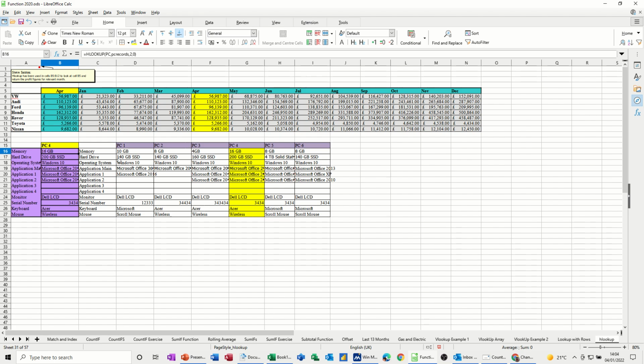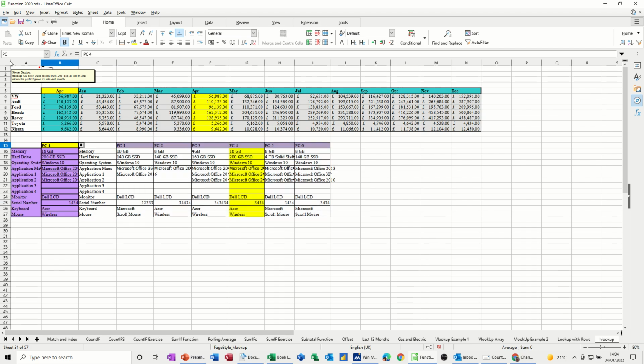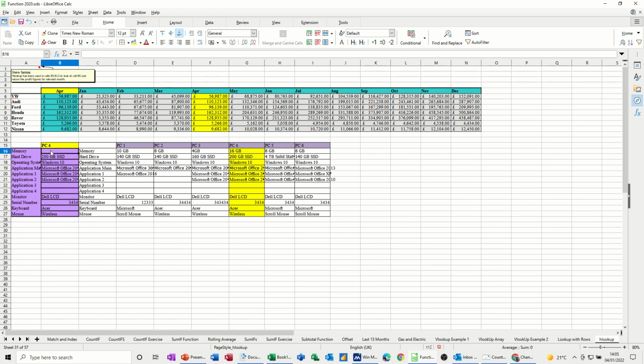So in this example, we have PC records. Let's just see where that is. I think it's just this bit. Yeah, so it's just this bit is PC records. This yellow cell is called PC. Now if I just delete, in fact I won't delete all of it, I'll just delete the first one, the 16 gig, and then I'll type equals